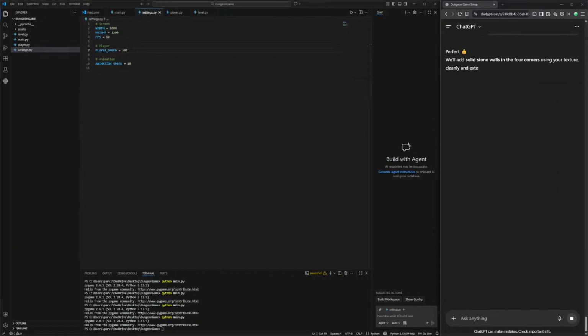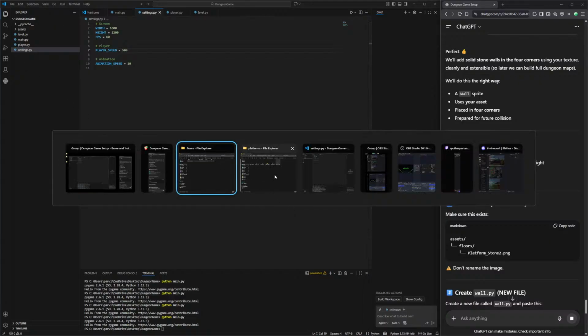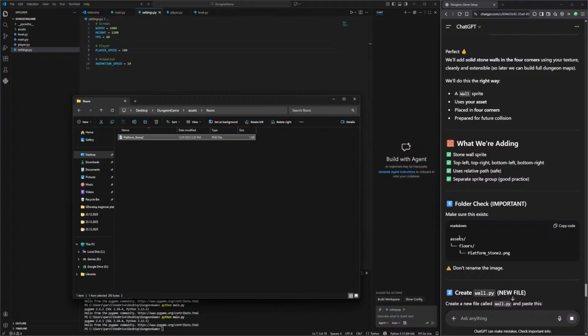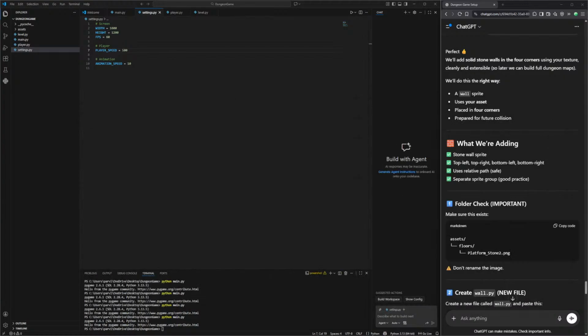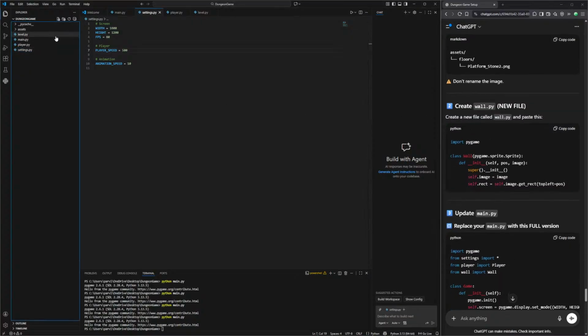Let's move our folders to the right corner. I already showed you what we need. Okay, is it inside? It says we have to check in the assets folder and floors folder. Okay, we have this in the right corner. Don't rename the image. It will break the code if you rename things and don't tell the AI that you updated it. Create wall.py